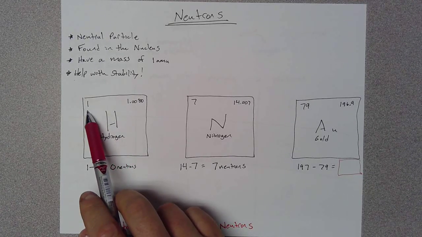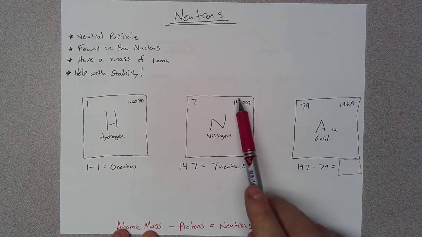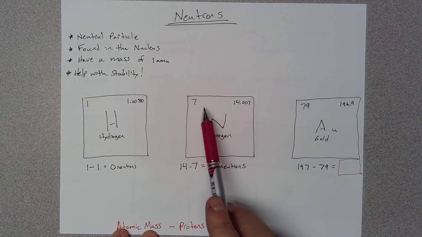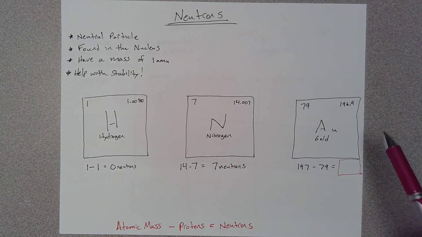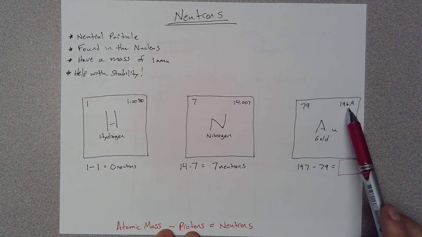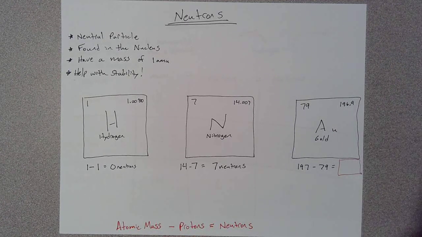And then we take the protons, subtract the protons, we get them together. So my average mass here is 14. 14 minus 7, there's 7 neutrons in nitrogen most of the time. And then this one over here, I will let you do this on your own, but it's about 197. So 197 minus 79. So if I look on my handy dandy calculator real quick, it is 197